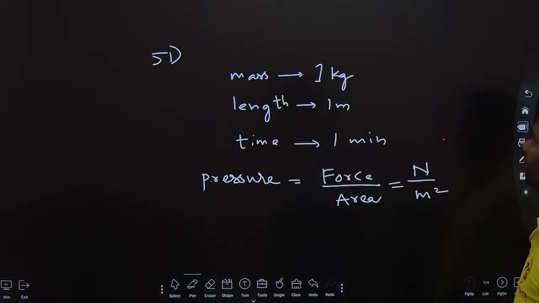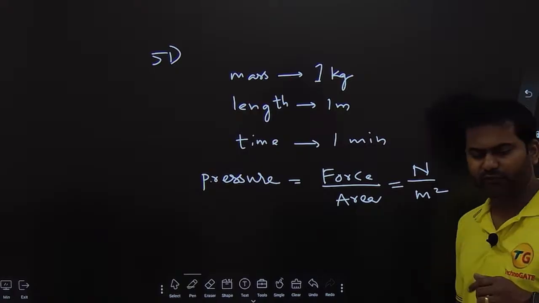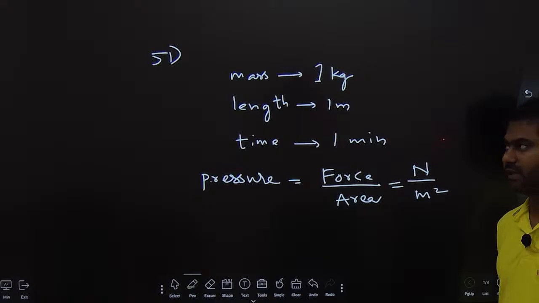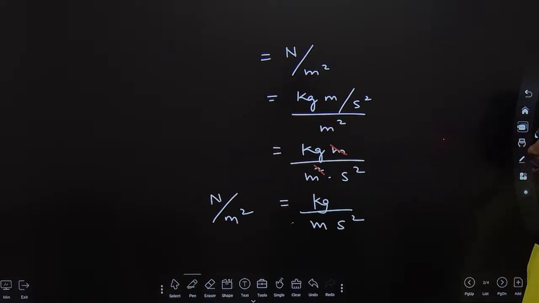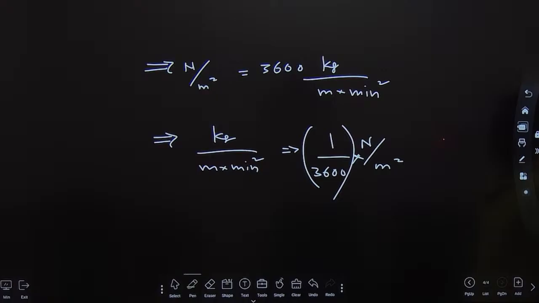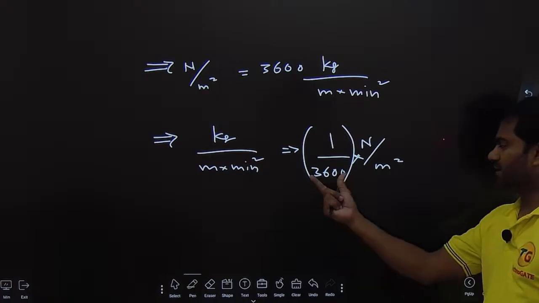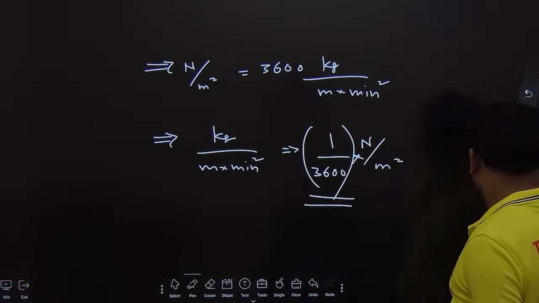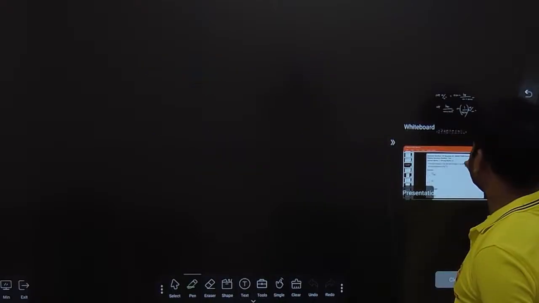Okay, so I have gone ahead step by step. I wrote every step here, what exactly I did. I don't think there would be any confusion. I request you all to copy this. I believe you guys have copied this slide. You can copy this as well. Fine. And you can copy this as well. Fine. So that's how the answer is 1 by 3600 factor. Great. Let us proceed with the next question.